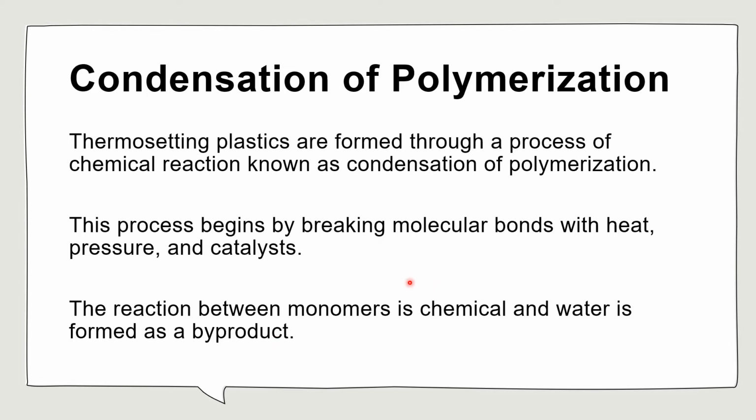So where is the reaction happening? The reaction is happening between the monomers inside of that polymer, yeah? So we are making polymer by reacting the monomers in a chemical way, yeah? Not just adding. In thermoplastics, polymerization is adding one molecule to another physically. Here we're adding the monomers by reacting them chemically. Yeah. And what is the chemical reaction? We're taking the water out of it. Yes, and we call that condensation.